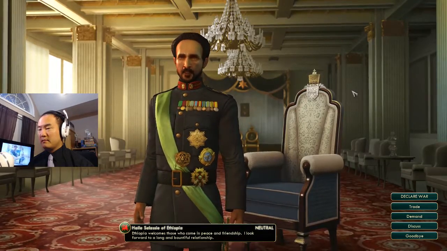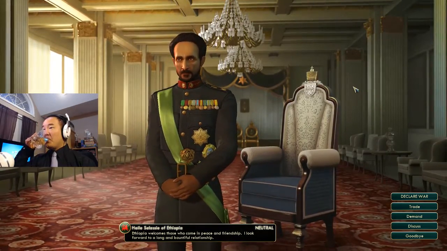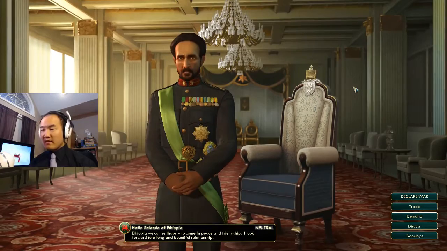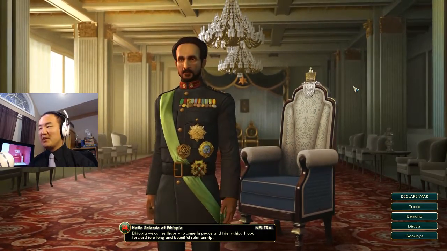ፍትሃዊ የሆንከው ህዝባችን ሆይ እንኳን ደህና መጣህ። እኔ ኃይለ ሥላሴ ራስ ተፈሪ መኮንን የኢትዮጵያ ንጉሥ የናንተ ታማኝ አገልጋይ ነኝ።